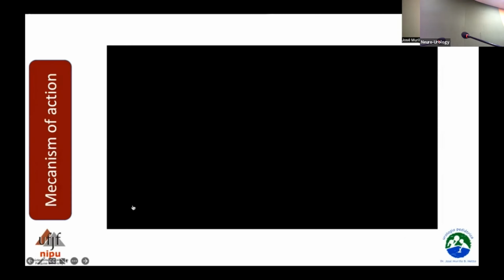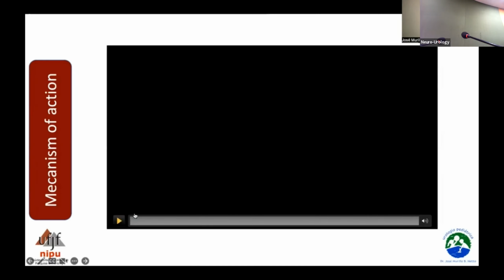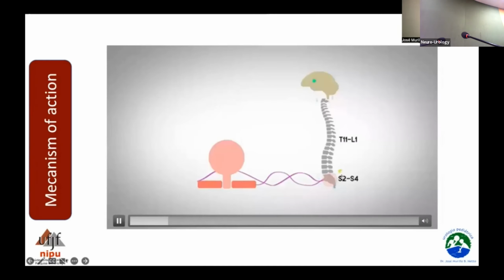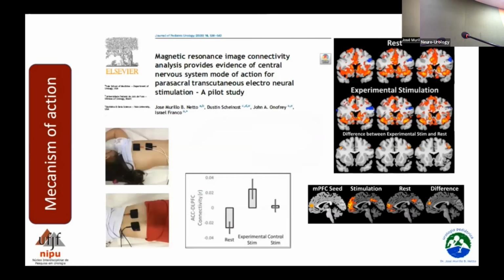So we can see here in this video how it works. So we stimulate here in the parasacral region between S2 and S4. The signal goes all the way to the brain, comes back and goes to the bladder. So the signal actually is processed in the brain, and I'm going to show you a little bit more about this. So in this study we did back in